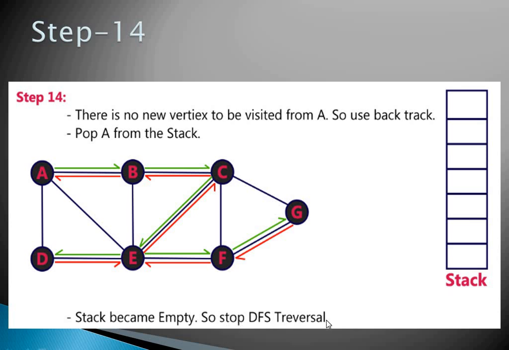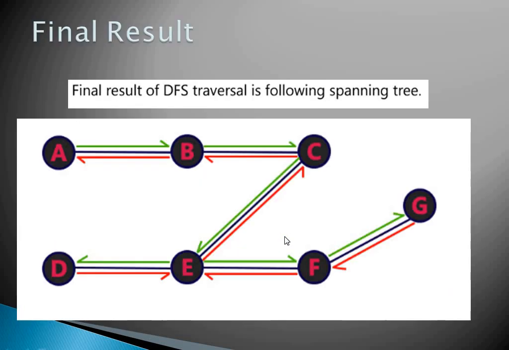So the entire process will be finished here, because initially the elements are in the white color. When you visit a vertex the first time, it will become gray color, and when you apply the backtracking, it will become black color. So now you can see the red lines. These are the edges which are connecting, right? This is a red line, red line, red line, red line, red line. So these are the vertices which are to be connected, right?